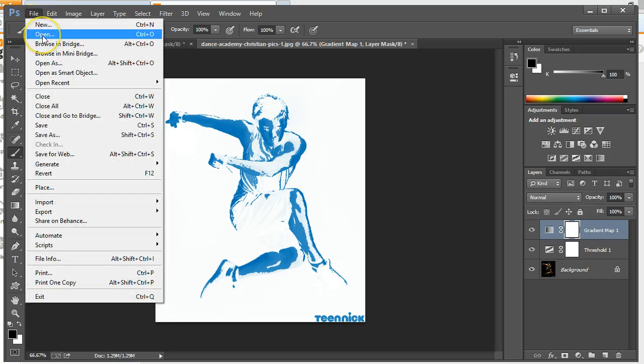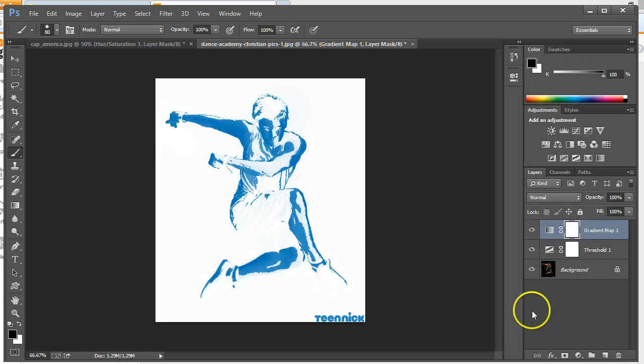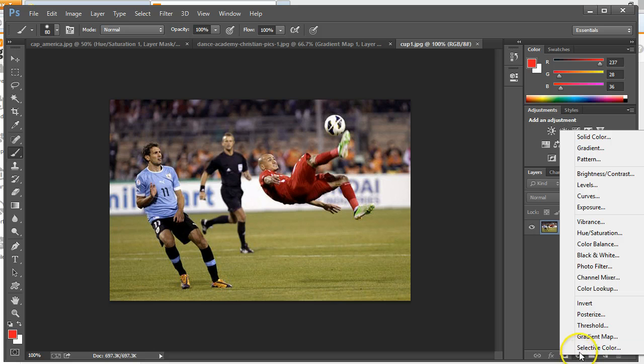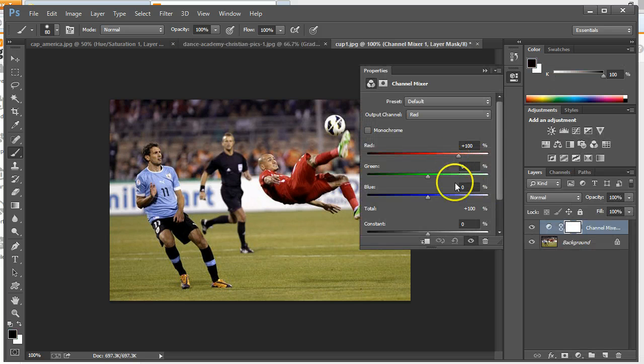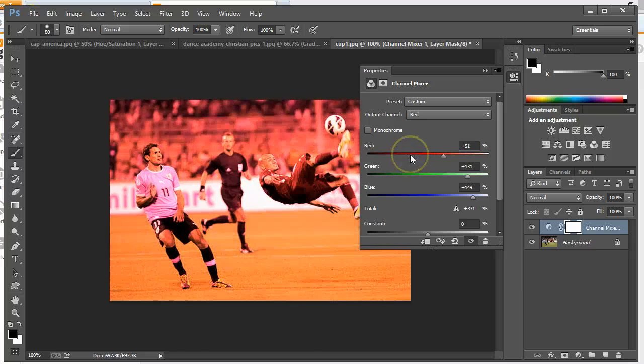Now, I'm going to just throw one more idea at you here, and then I'm going to get out of your way. What I'll do this time is pull up this World Cup, and I'll open that up. Okay. And I'm going to go to the adjustment layer, and this time I'm going to do a channel mixer. But again, please, please, please play with whatever: curves, exposure, vibrance, color balance. You know, some of them are easier than others, but play with them. I'm going to go to channel mixer, and I'll just play with these settings that are here. I'm going to tweak these combinations of red, green, and blue, and see what kinds of things I can get going here. A little more red, less green,